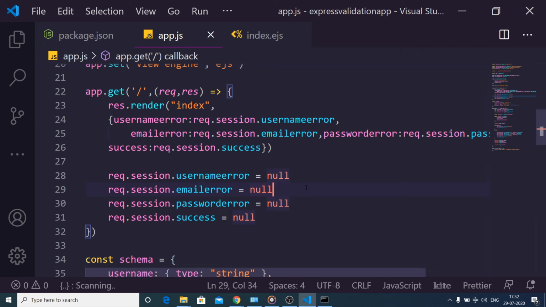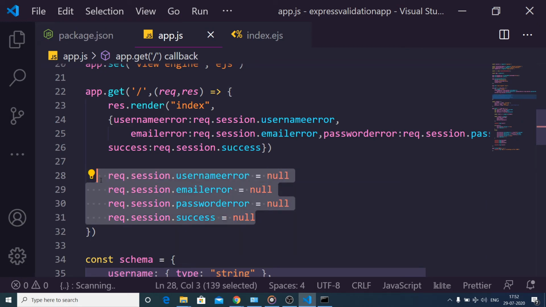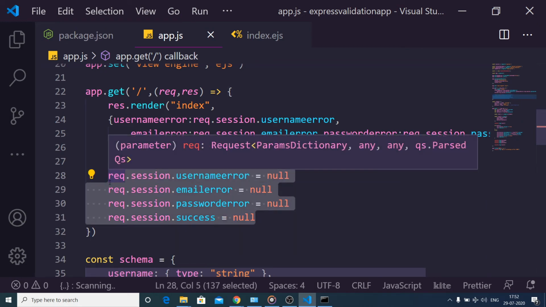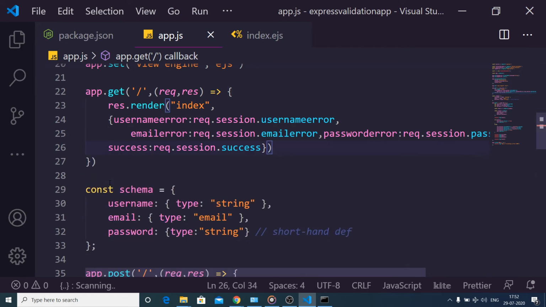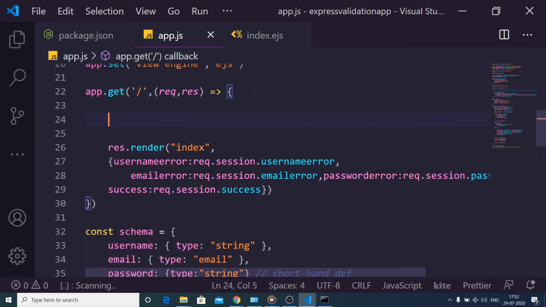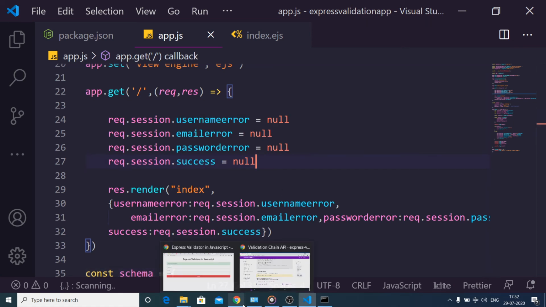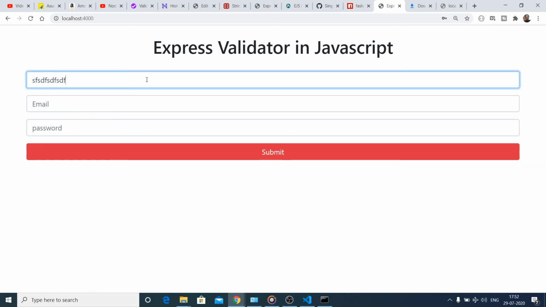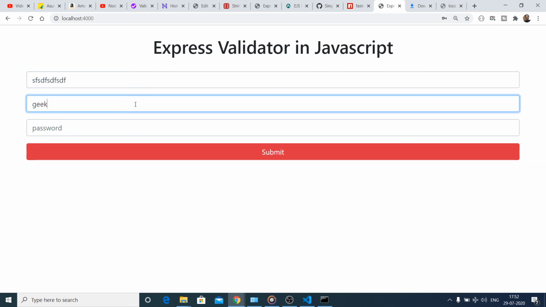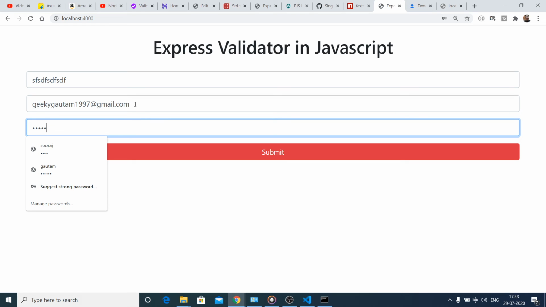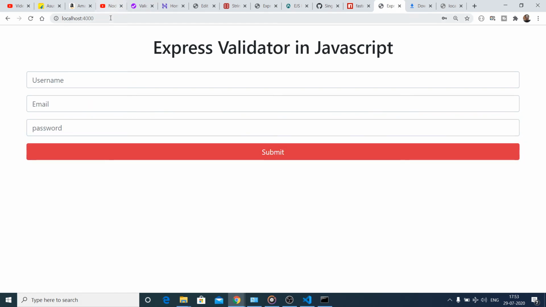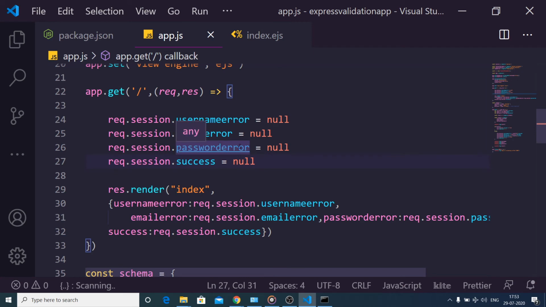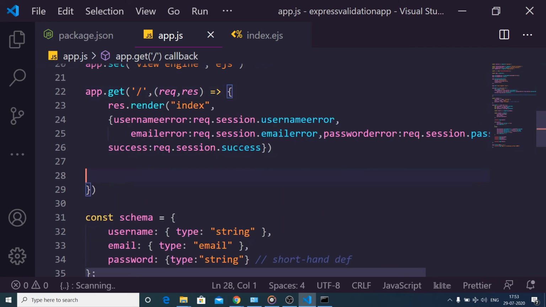So for doing that, I think if I move this code here, just before this, and let me try this. So it is not working. So you need to write this code just after you render out the stuff like this.